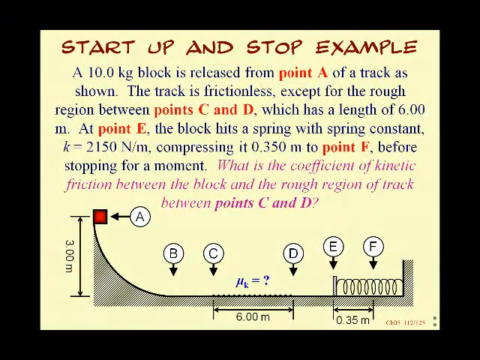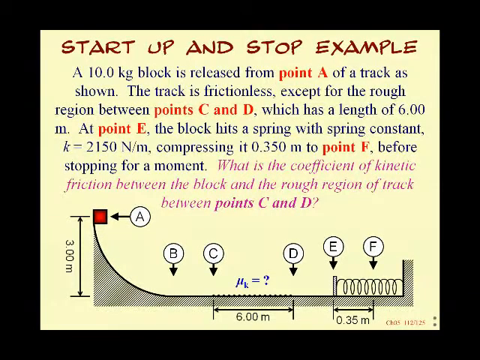Here's a start and stop example for conservation of energy. We have a 10 kilogram block that's released from point A of a track as shown. The track is frictionless except for the rough region between point C and D, which has a length of 6 meters. At point E, the block hits a spring with spring constant k equals